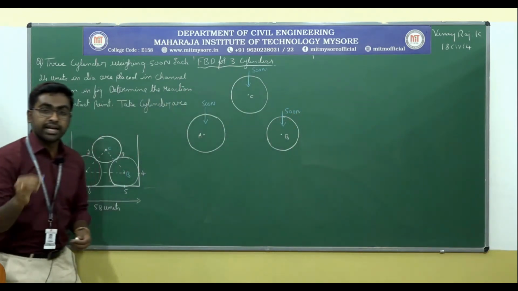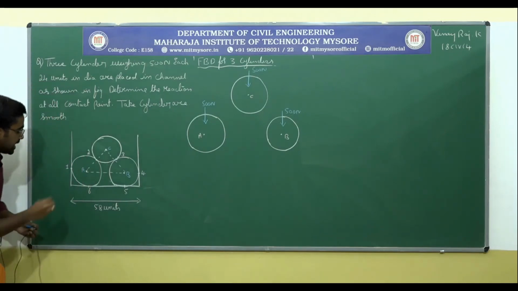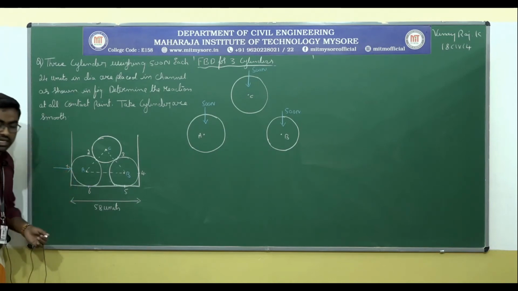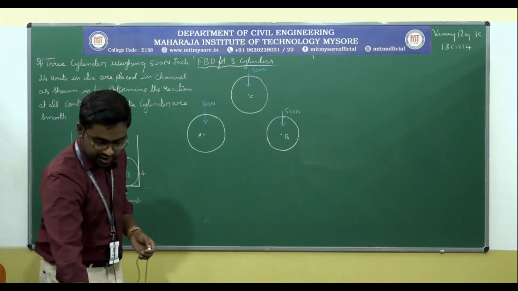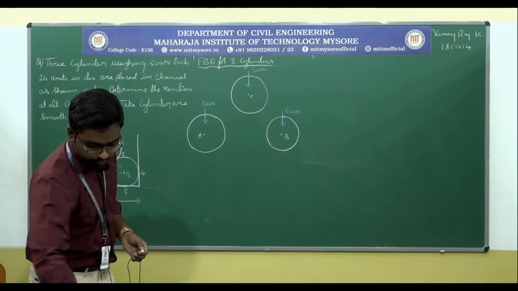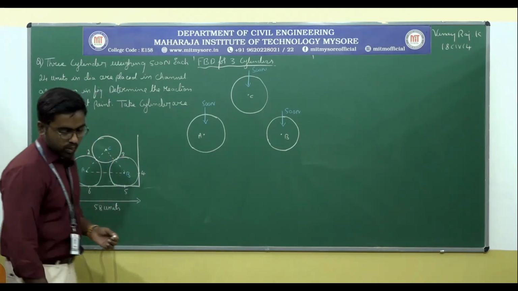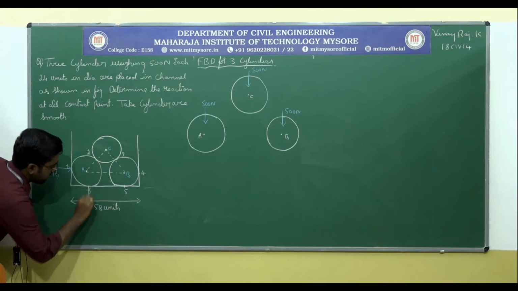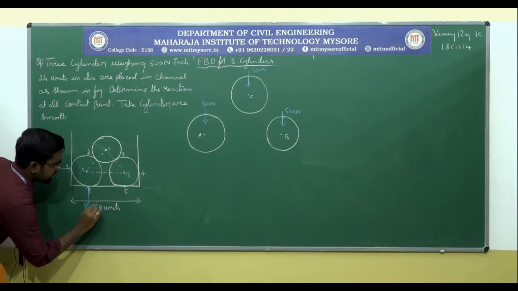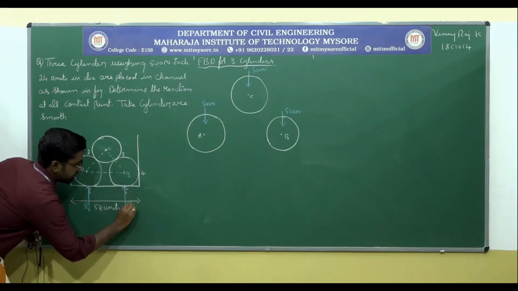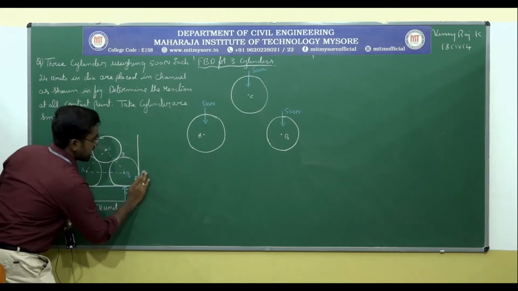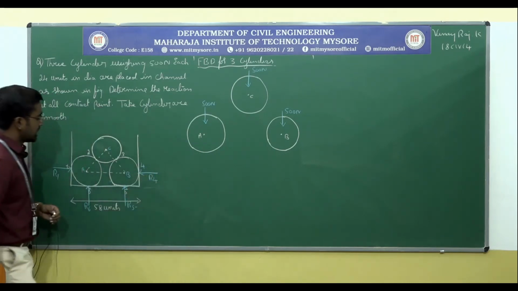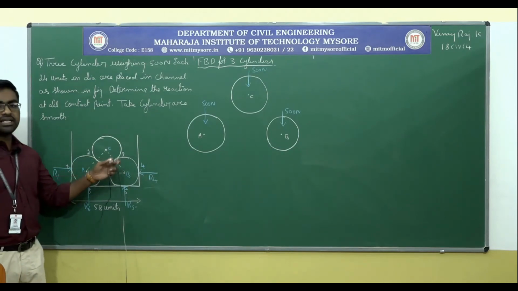So let me mention the reaction at all contact points. See, this is the contact point and always the reaction will be perpendicular to the surface, and let me mention the reaction at that point as R1. So this is R1. This is one more reaction, R6. This is R5. And this is one more reaction, that is R4. And at point 2 and point 3 there will be compression.